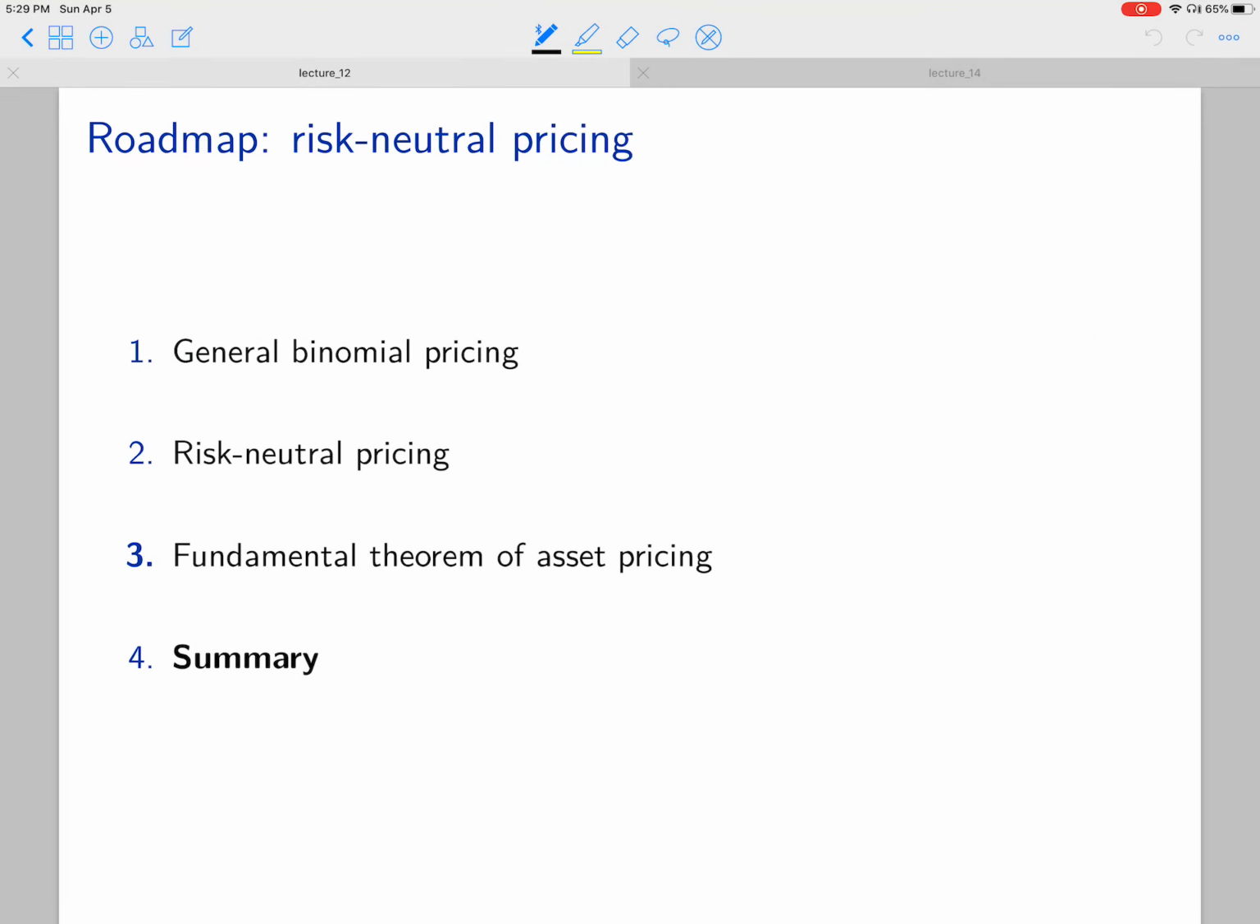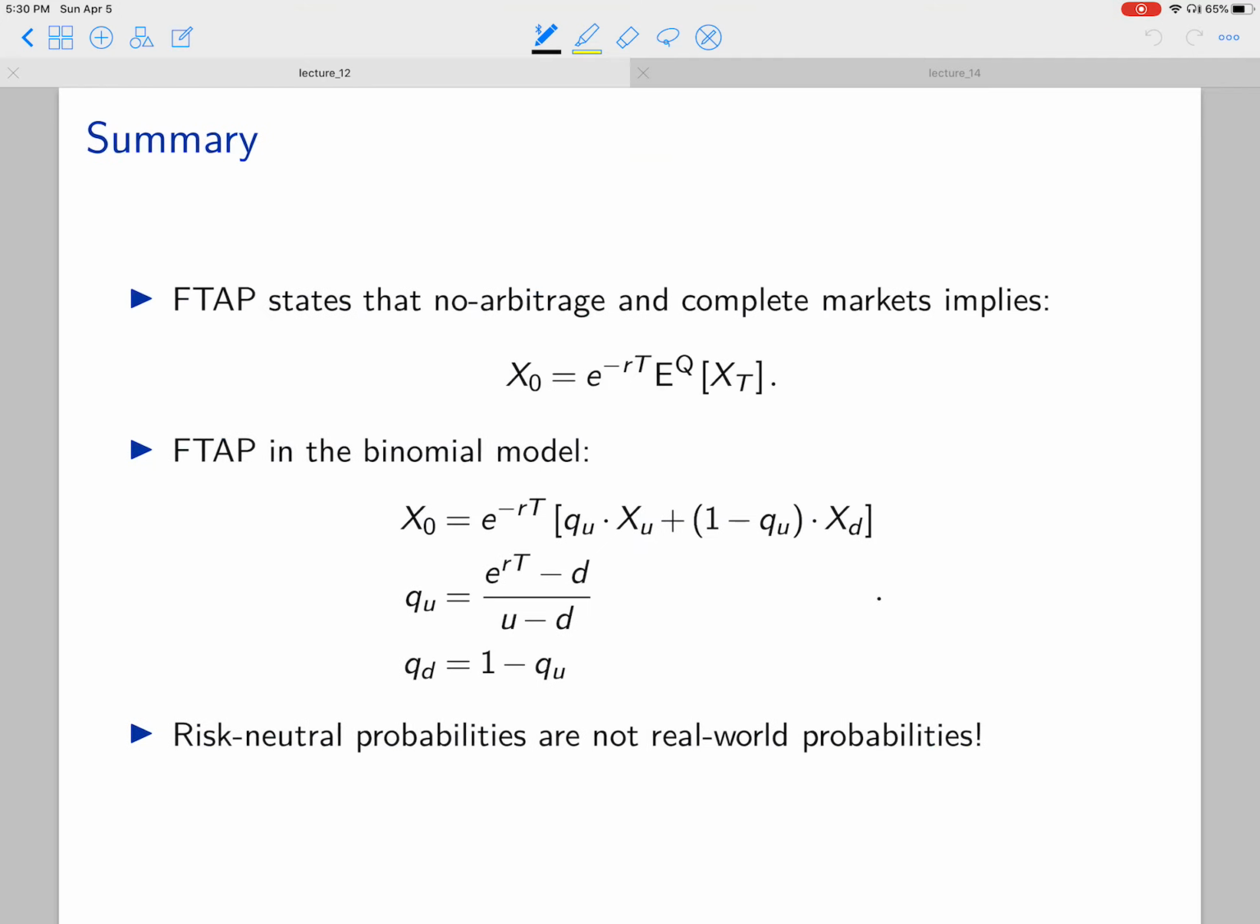Welcome back, everyone. In this video, we will go over the final part of Lecture 12, which will just be a summary. In Lecture 12, we learned about risk-neutral pricing. The main result from risk-neutral pricing is the fundamental theorem of asset pricing, or the FTAP. The FTAP states that the price of any security is equal to its discounted expected payoff under the risk-neutral measure,